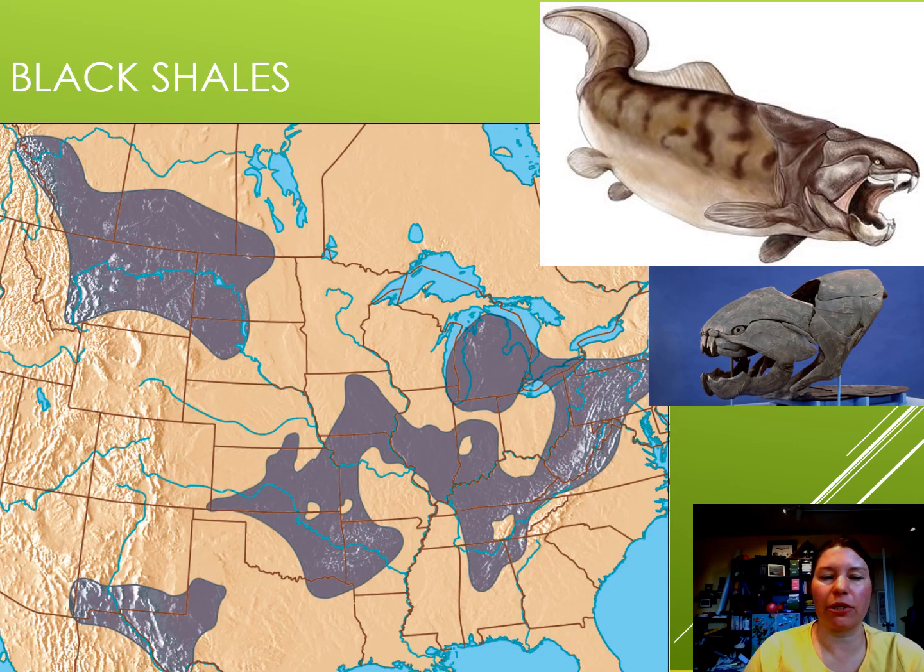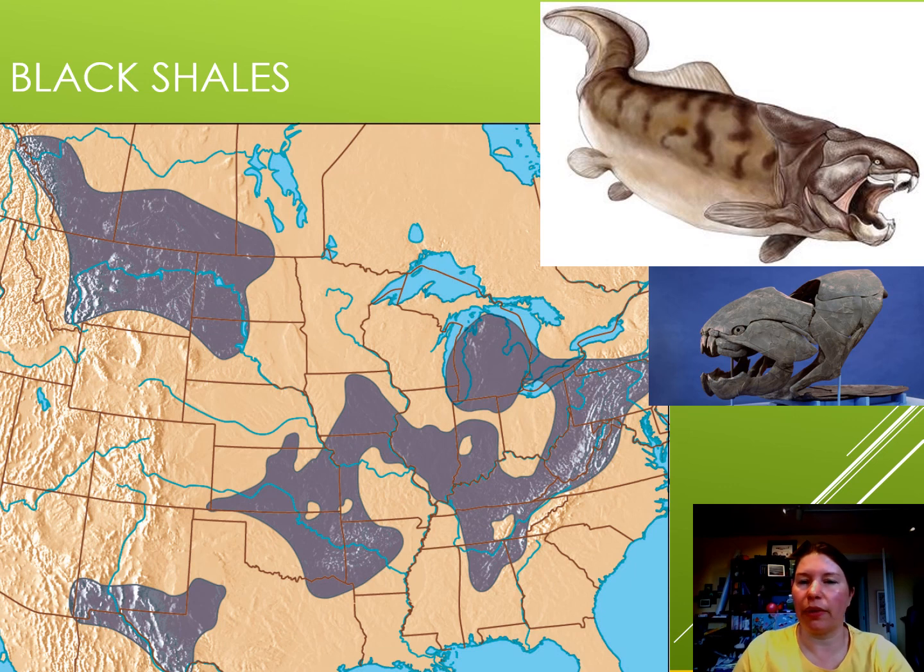Okay, so some of those black shales, here's the black shale plays. So everything that's in kind of purple are where we see black shales from this time period, the Devonian. So this shows us the extent of the Upper Devonian to Lower Mississippian Chattanooga Shale, which is a very extensive body of rock. And then we see the New Albany Shale as well, but the Chattanooga Shale is where we would call it around here. And it's a very famous body of rock because it's where we see a very cool group of animals called the placoderms, or the armored fish, like one called Dunkleosteus.